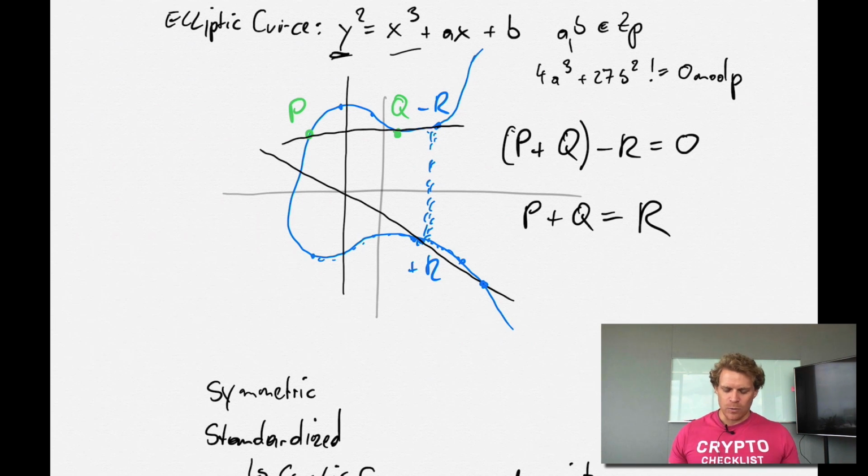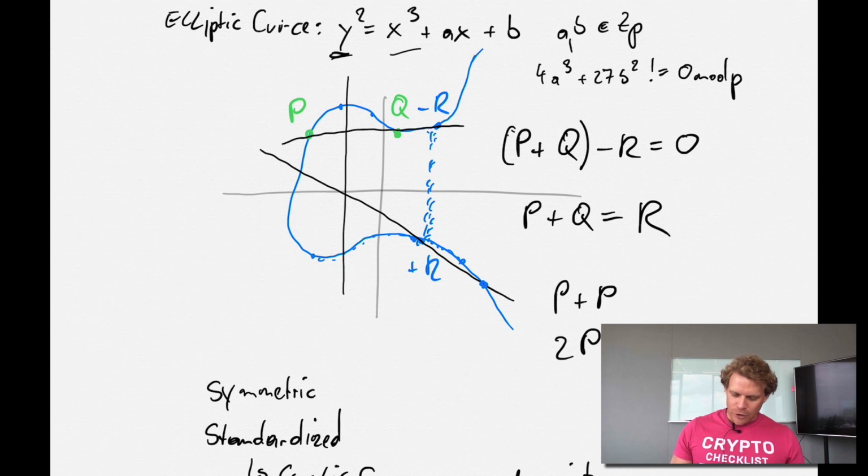Right? So this is where it now gets very interesting. Let's think a couple of things through. What would happen if I say, let's add a generator point constantly to itself? So basically do P plus P, so basically have 2P. How would this work? Well, in this case, let's use a new P just so we can draw it a bit easier. Let's say we have a new P here,